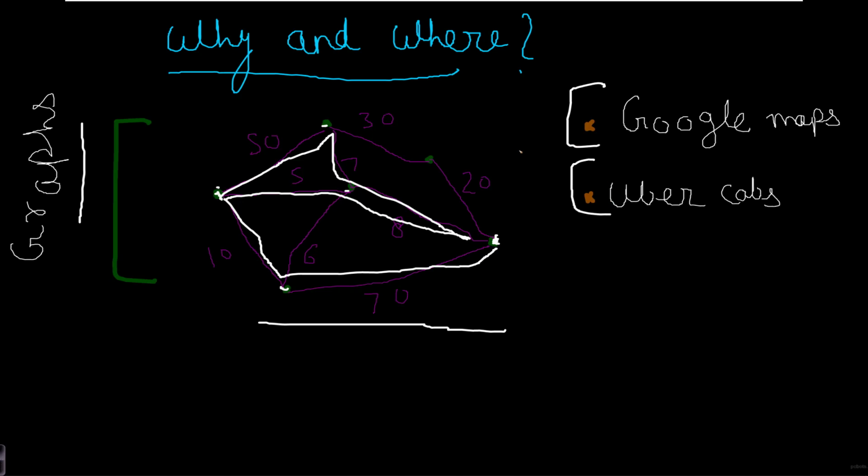And this type of data structure is commonly used by Google Maps or Uber cabs. How do you think Google Maps tells you that from here to here you can reach by taking this shortest path? It uses some type of data structure, commonly a graph, and with the help of a graph we can find the shortest path from one given point to another. So here you can calculate, if we go from this point to this point, we need 50 and 7, and then we can simply add 8 here. So this is the minimum time required if we are using this path.